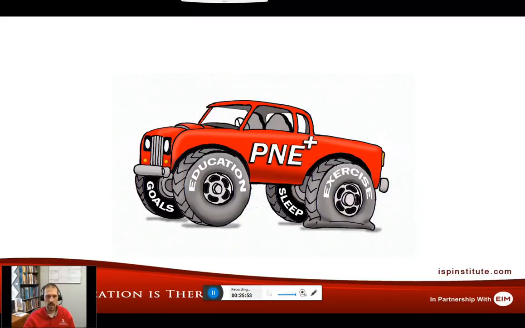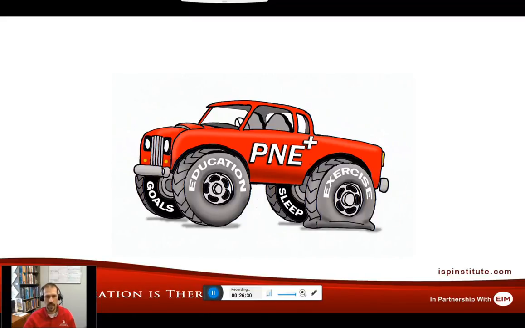Too often we see patients, and we use this analogy with them, such as a car with flat tires: to get the car to work well, we have to get all the tires inflated. Oftentimes we'll hear patients saying, well, I did meditation and it didn't work for me. Oh, I tried to work on my sleep, but it didn't fix my pain. Oh, I used to exercise, but it didn't work. The problem in situations like that is they're filling up one tire at a time and expecting a car to be able to go. What we recognize is we have to get all the tires filled up, and then and only then will the car be able to progress and move forward like it's supposed to.